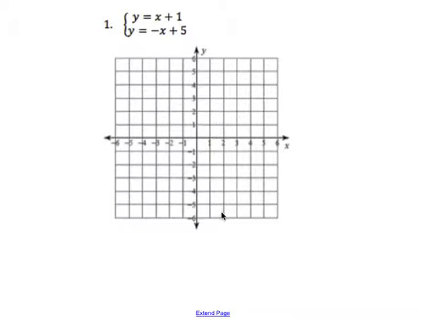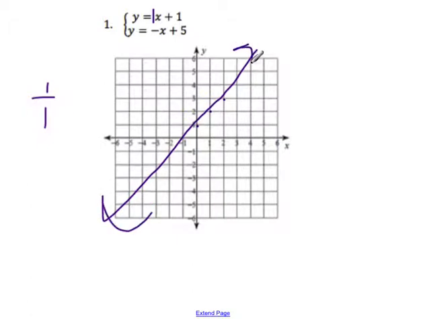So for number 1, you're crossing the y-axis at 1. So you're crossing right here at 1. And then your slope is 1, or really just 1 over 1. So what we're going to do is go up 1 over 1, up 1 over 1. Now you'll notice that this is just a slope. It's just an equal sign, so we're going to just draw in a line,